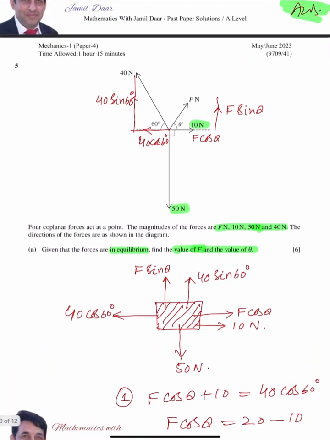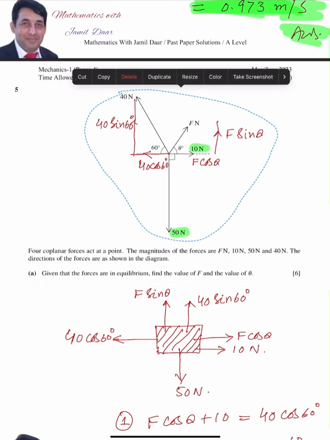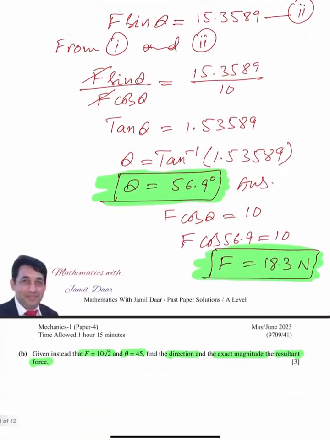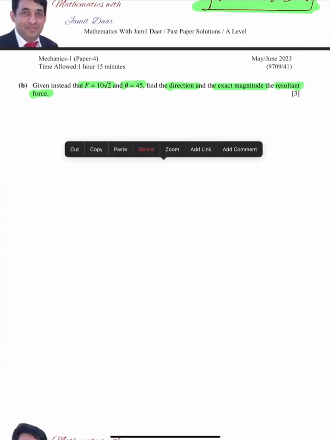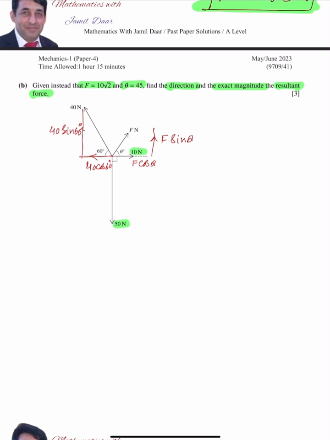Let me copy down this diagram so that it is easy to understand. This is the diagram. So the horizontal component is F cos of theta plus 10 minus 40 cos of 60